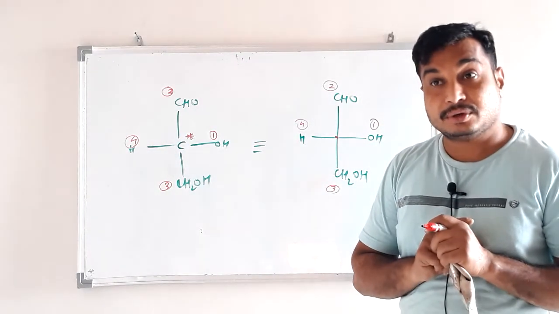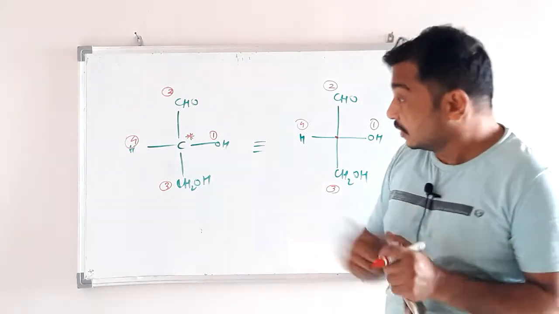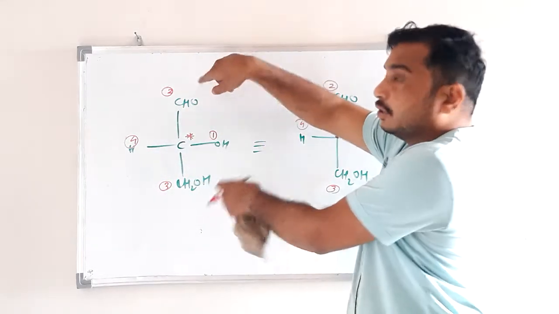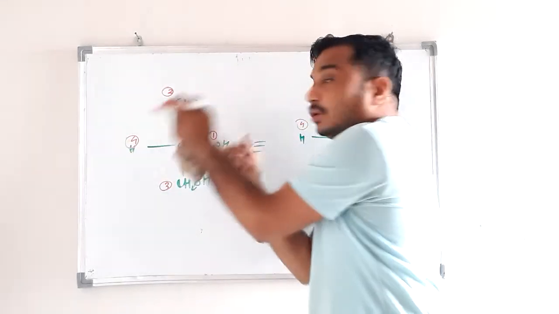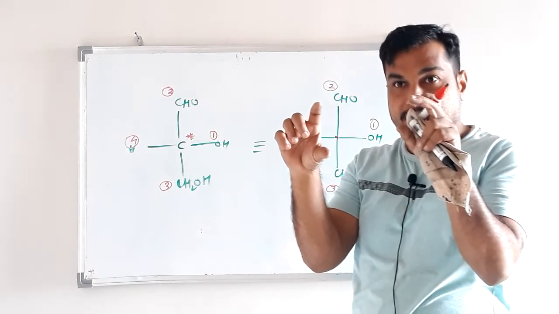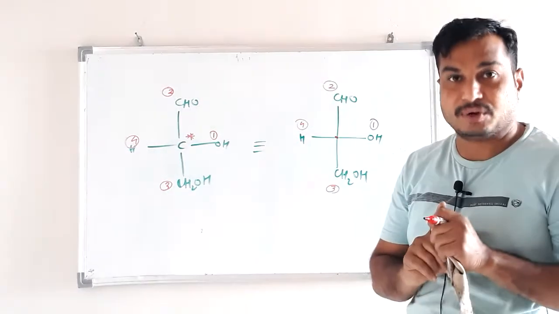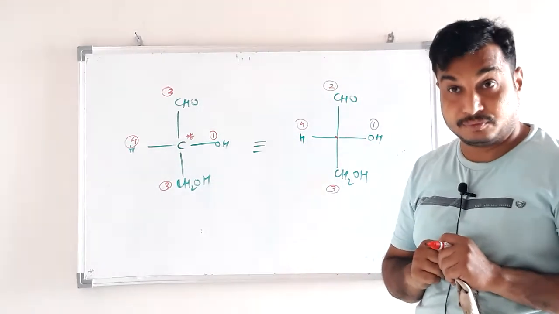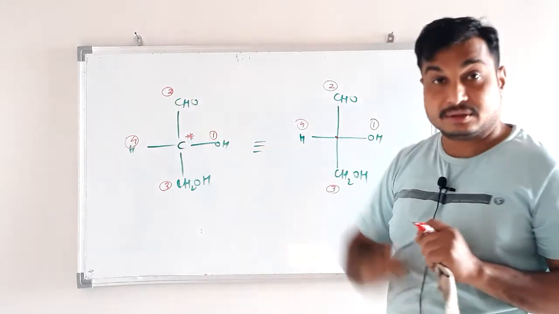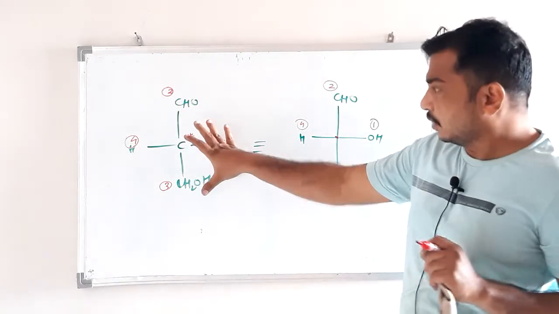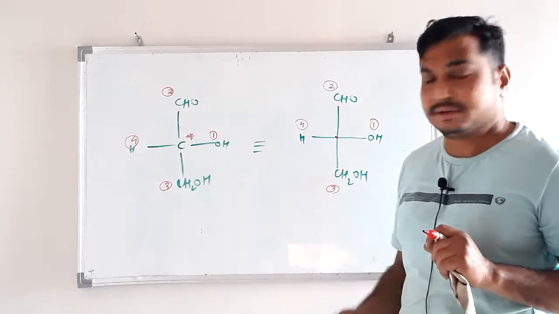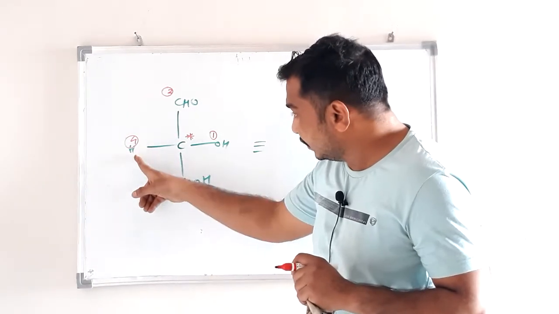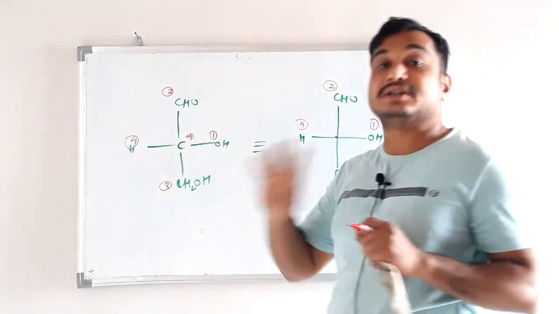Then what do we have to do? We want this group on the back side. Back side means the vertical side: the vertical substituents are on the back side and the horizontal substituents are on the front side. That was in the Fischer projection formula. But then what do we have to do for this? We have to rotate the molecule. If we rotate, things become complicated. But simply remember that this hydrogen is on the front side.